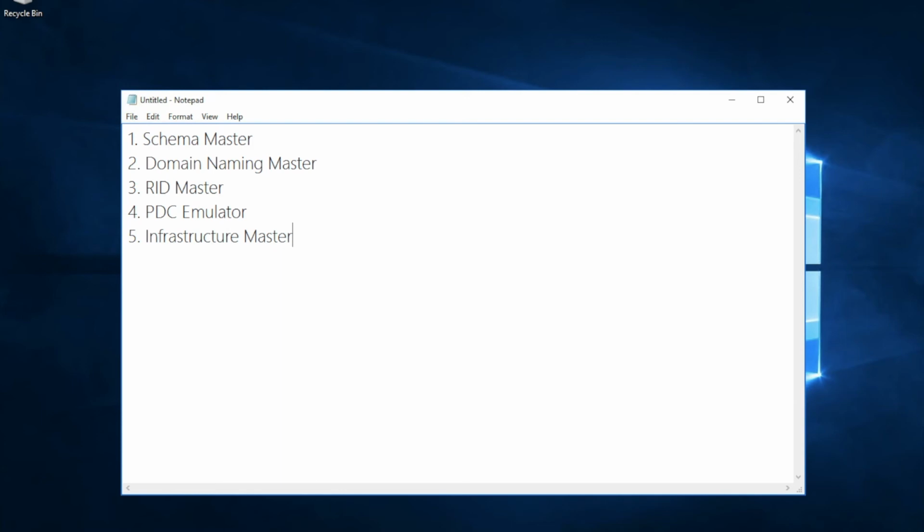Suppose we have domain 1 and domain 2. If a user from domain 1 is added to a group in domain 2, then infrastructure master will maintain that record and make sure that cross domain objects are working properly. So here one more important point that we need to remember is that,